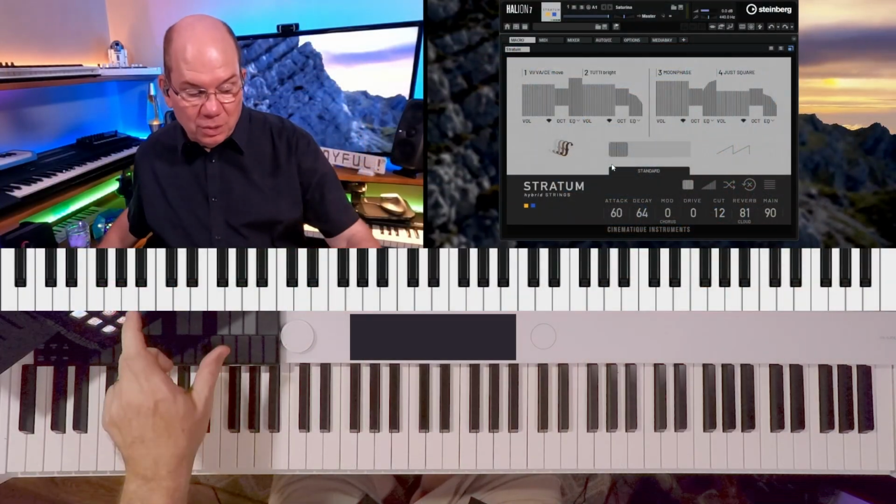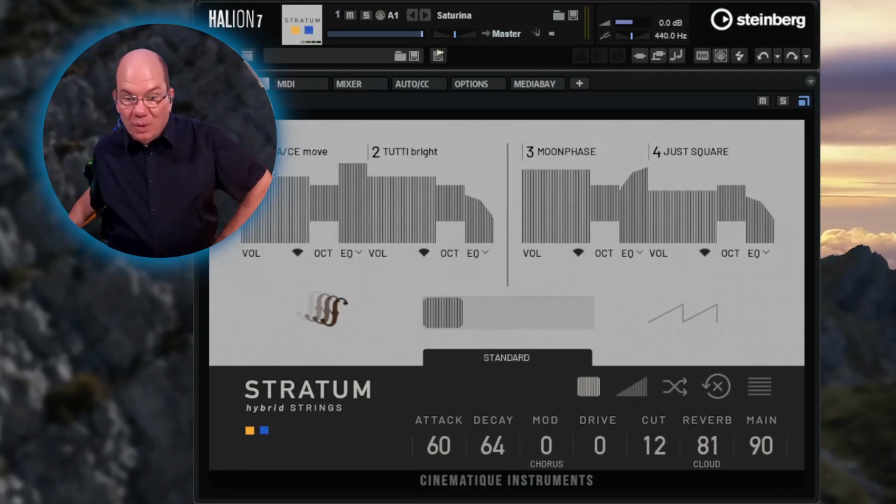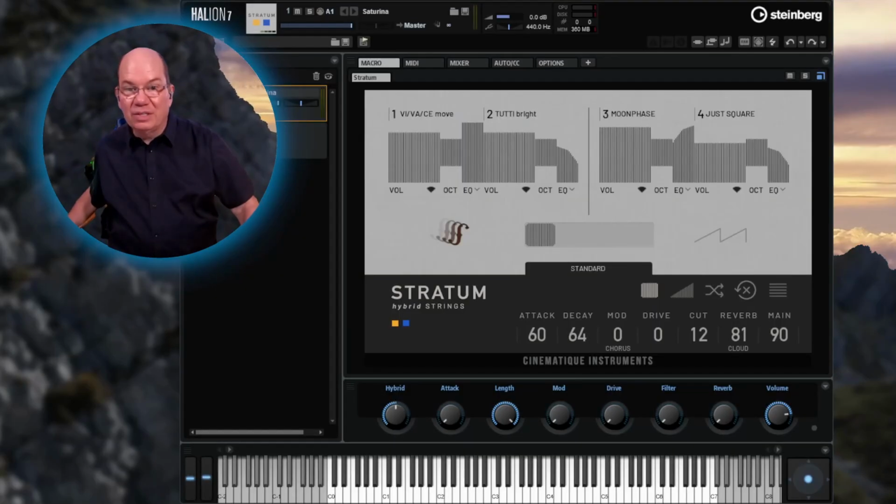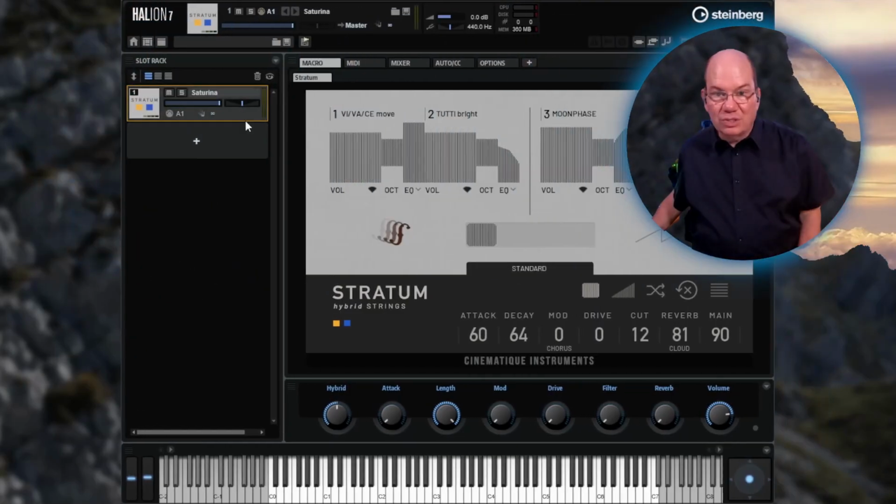You know, one thing about the HALion platform, HALion and HALion Sonic, is that you are not limited to just one instrument, really. And we're going to take the concept of layers even further, because when you go into HALion, we can add instruments into these different slots. And HALion Sonic has a similar approach. You have 16 slots in HALion Sonic. One of the first things that I thought about doing was putting in one of the pianos. So I'm going to pull up Etude, and then let's pull up the